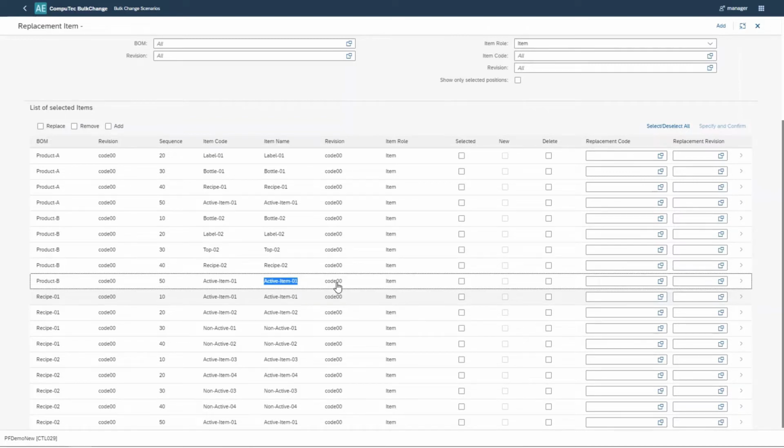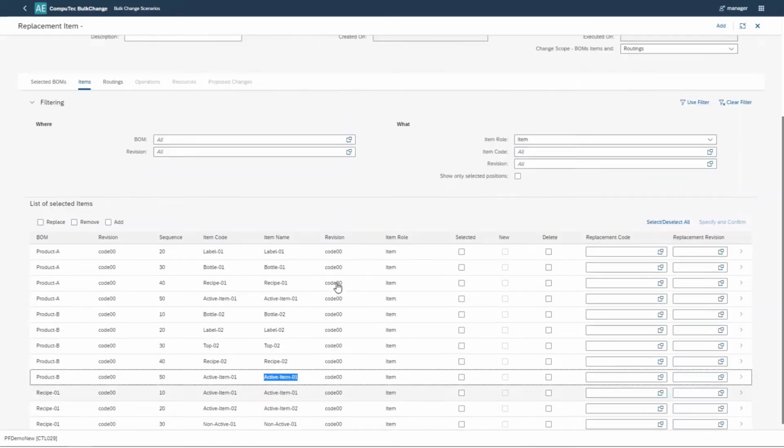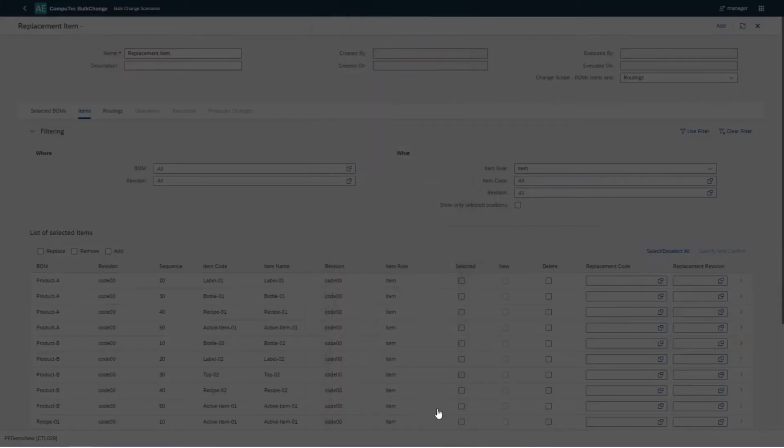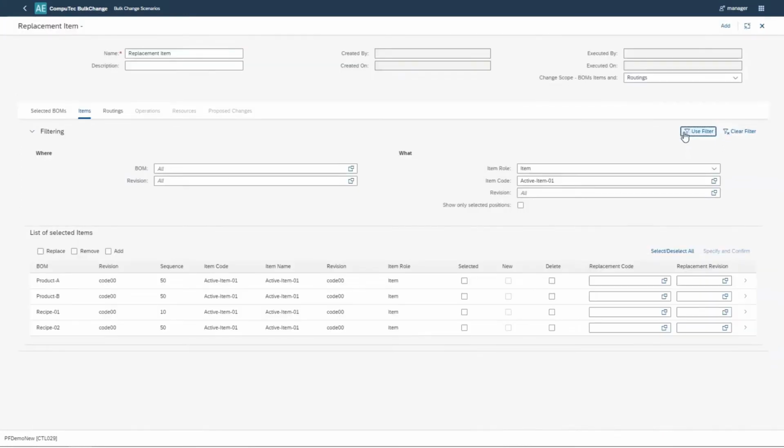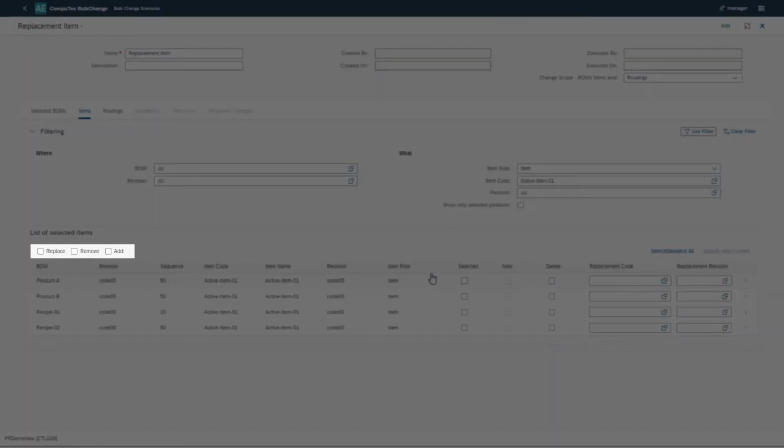Just those instances of Active Item 1, which is the one that we want to change. So I'll use the filter at the top, just so that the list will only show me Active Item 1. And now we have a much simpler list, showing this item appearing on those 4 bills of materials that we selected earlier. We want to replace Active Item 1 with another item, so we will choose Replace here from these